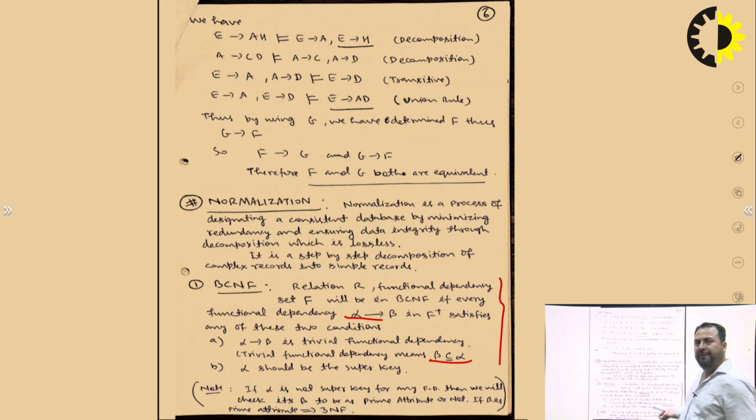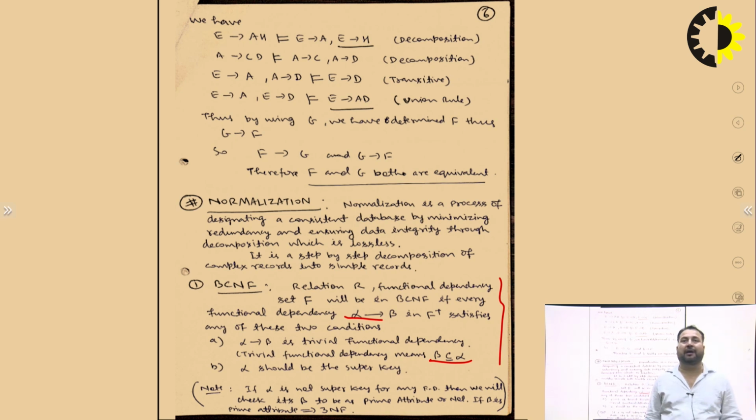The first one is the reflexive rule. Or alpha should be a super key. Alpha means the left side of the given FDs, so alpha will be all the left sides. If the left side of every given FD is a super key, then we can say it will be in BCNF form. If any alpha, meaning the left hand side of any FD, is not a key, then it will not be BCNF. Then we will go for